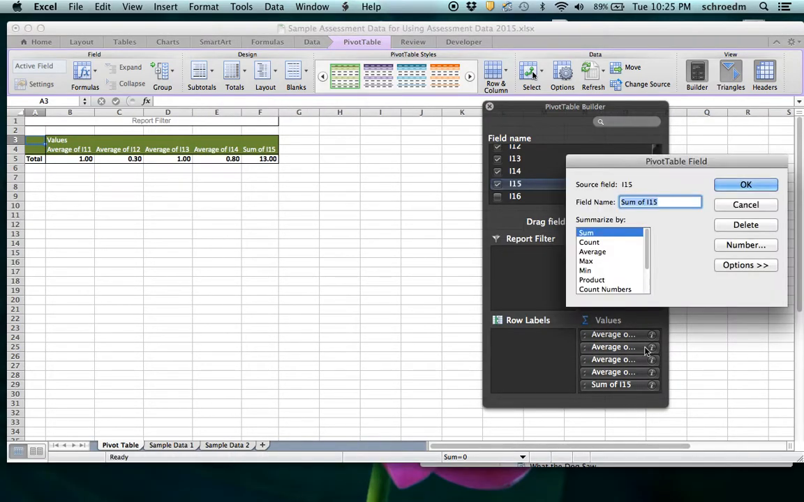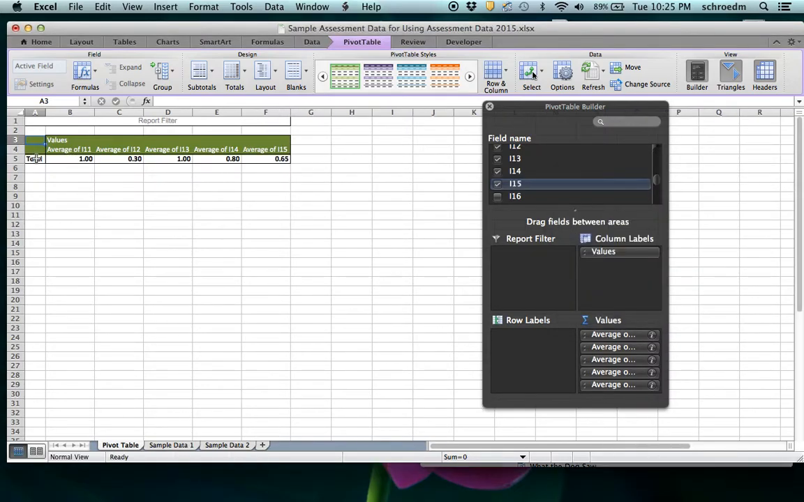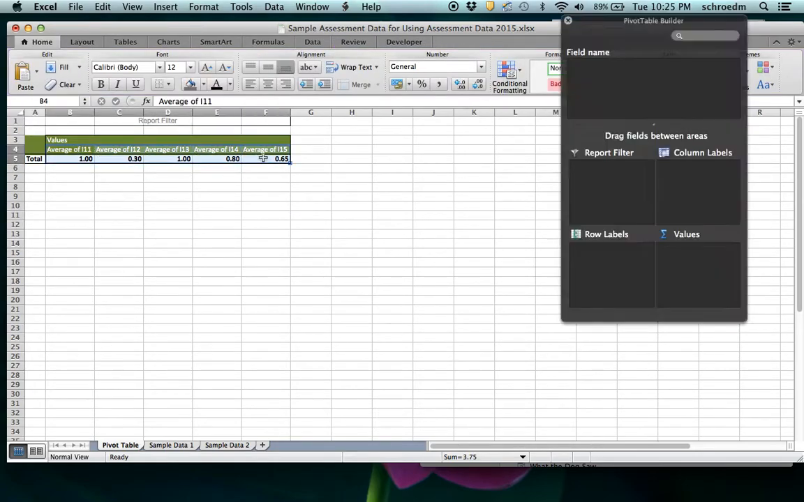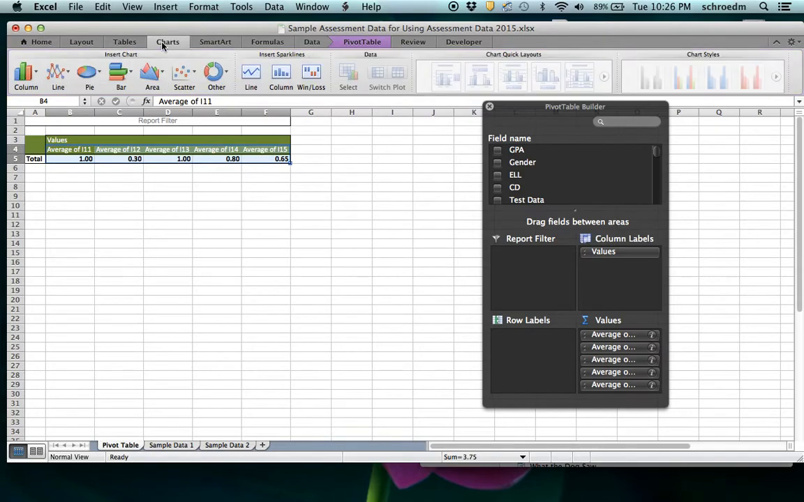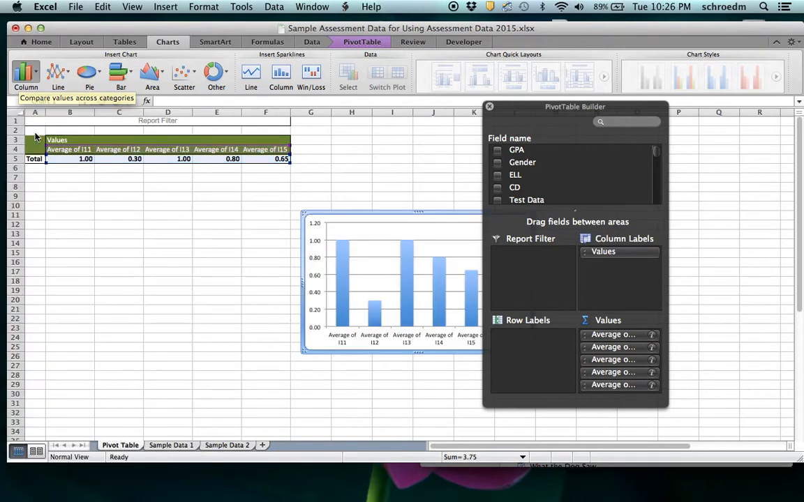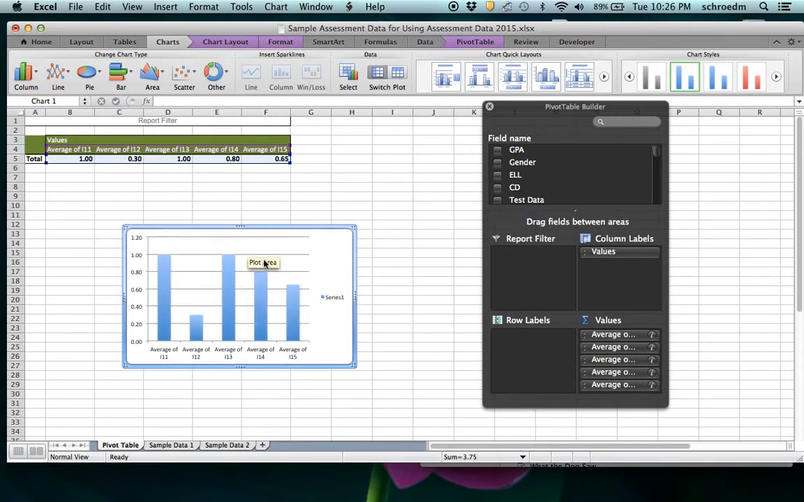And I can get an idea of how people did. Now, I can also go ahead and highlight this stuff and add a chart. I can either do it in the pivot tables, or I can go to charts in a Mac. It would be under insert in a PC, and then there would be little chart options. I'll just click on the column one, and here I have how well people did on each one of these